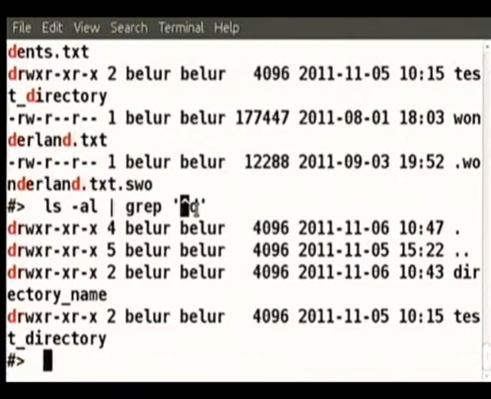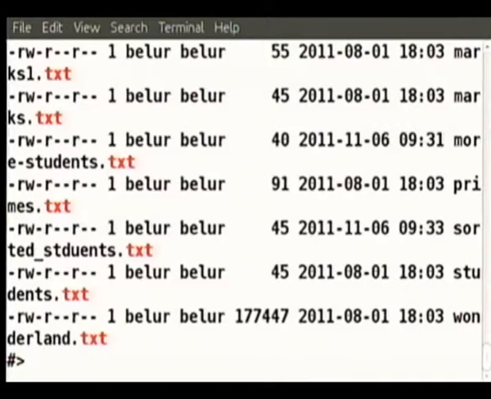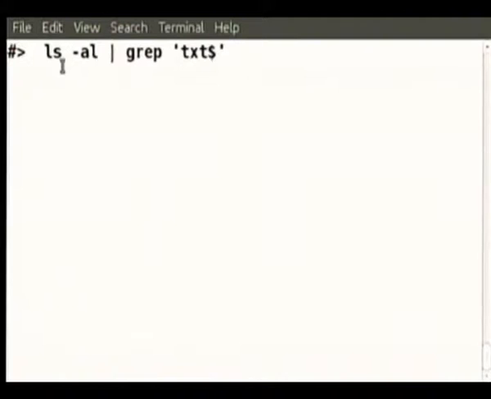That is why let me tell you that end of the line character is denoted by $. So grep txt$ will show all the lines coming out from ls minus l in which txt is there in the end of that line. End of that line is being intimated by the $ symbol. So this is how one can look for patterns happening at the beginning of the line, end of the line, etc. Okay, this completes the question about how to list the directories.